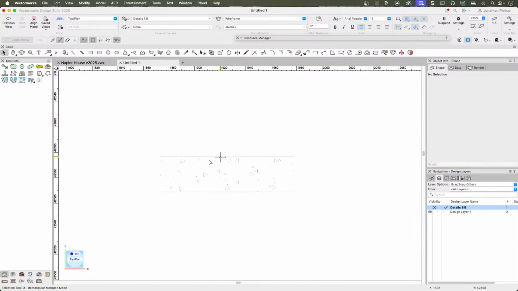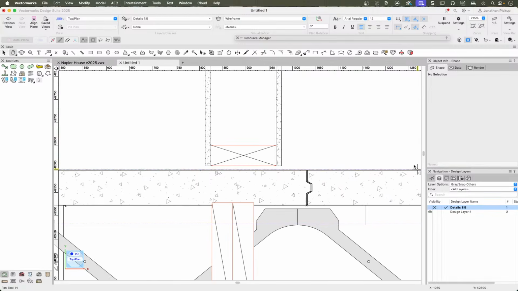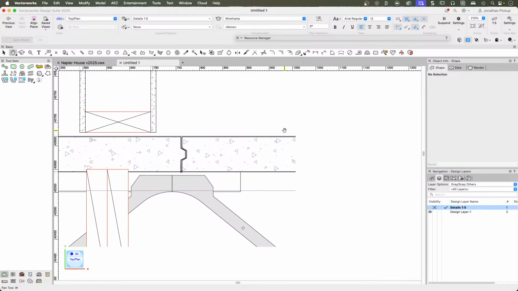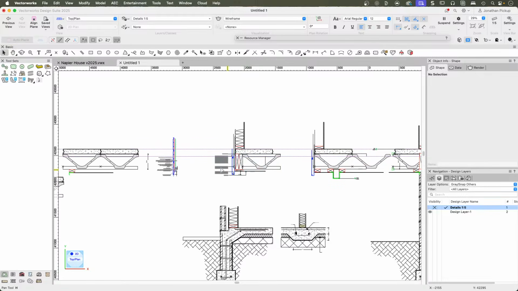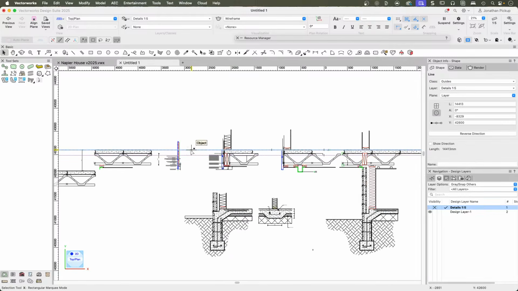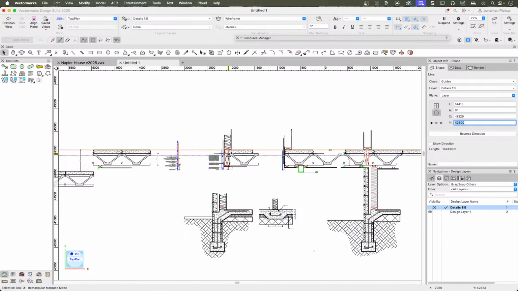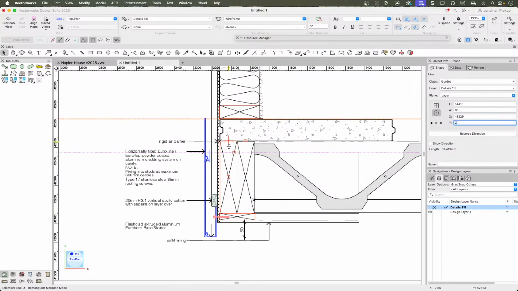There's my floor there. And there's my dotted line. Now, I needed to make sure that I put all my floor objects at exactly the right elevation. So I used this line here. I created a guideline. I set it to the elevation of my building, my floor elevation of my building. Because that way I could then start to create my details really accurately,